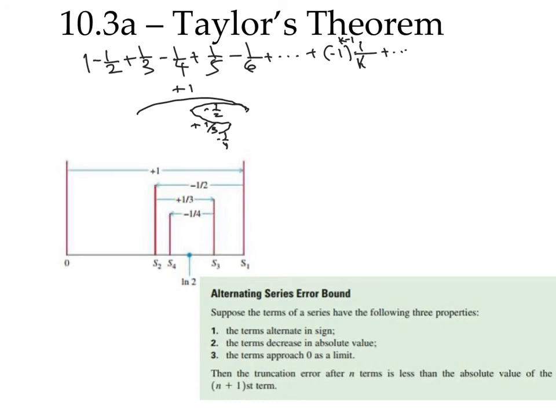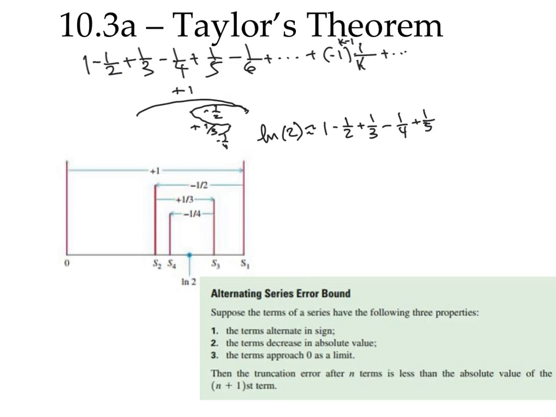If a series has the following three properties: 1, the terms alternate in sign; 2, the terms decrease in absolute value; and 3, the limit of the nth term is 0, then the truncation error after n terms will be less than the absolute value of the very first term you left off, the n plus 1th term. So let's suppose that I used the following part to approximate the natural log of 2. Well, I typed this into my calculator, and the calculator said that this part so far, 1 minus a half plus a third minus a fourth plus a fifth, is